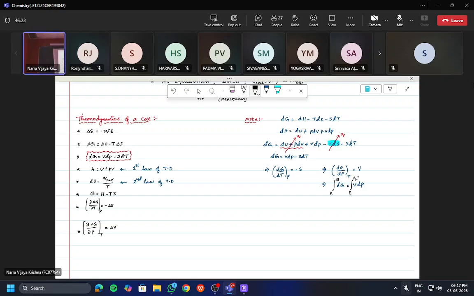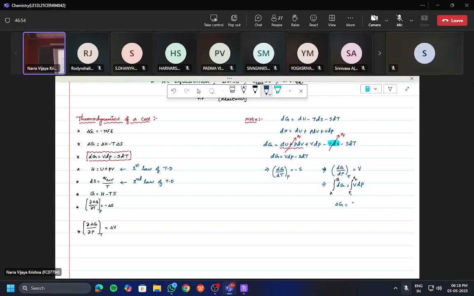Then what will I write? Integral dG can be written as G between the limits A and B. So can I write G at B minus G at A? Correct or not? G at B minus G at A can be written as delta G. So delta G equal to